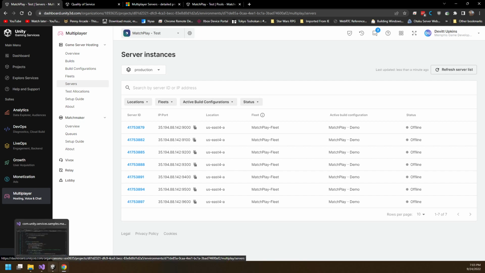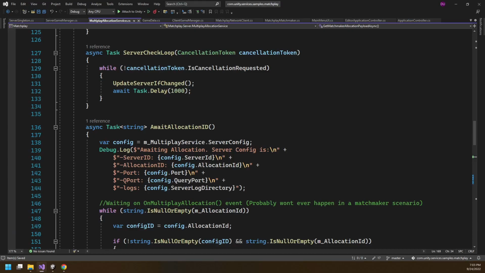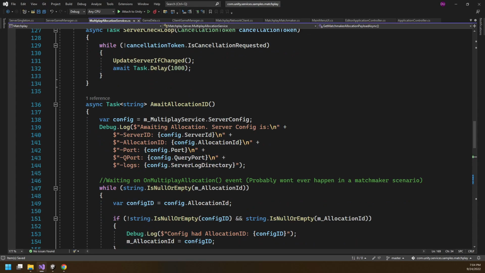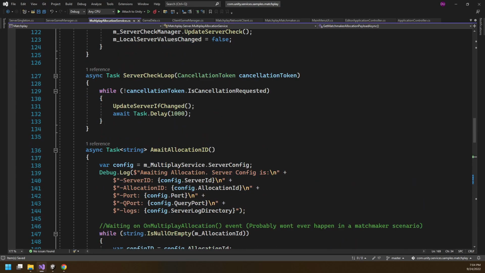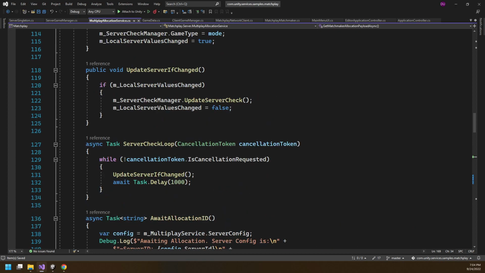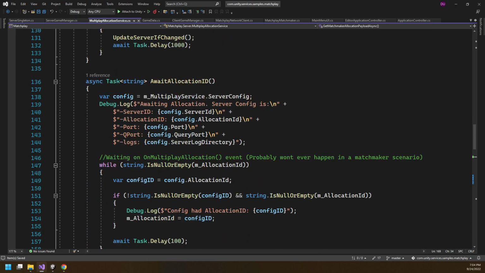We'll do it later. So this will loop through, and it'll basically stay in this server check loop until it gets an allocation request, at which point it will